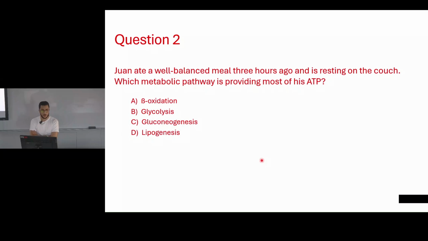Three hours ago. That's a key. Yeah, because you are relaxing, okay? You're laying down on the couch. So when you're laying down on the couch and you're in between meals, it's your lipids that are being used, not the glucose. Glucose usually is short term when you need it quickly, but then after maybe like 30 minutes